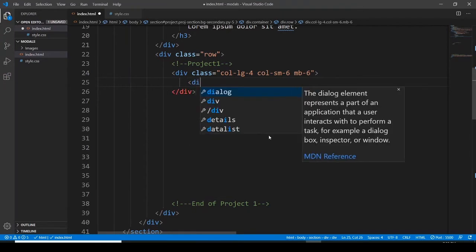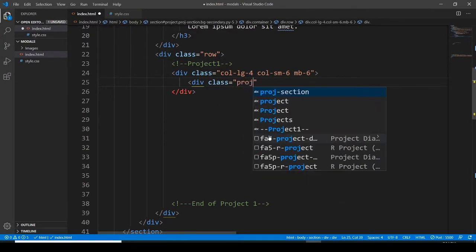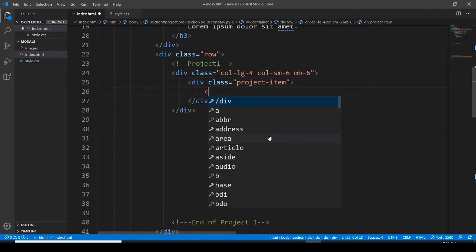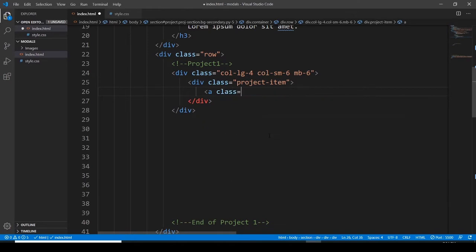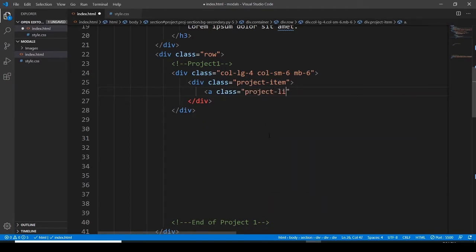Let's have another division, assigning it a class of project item, anchor tag, assigning it a class of project link,